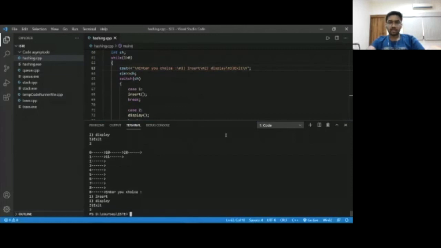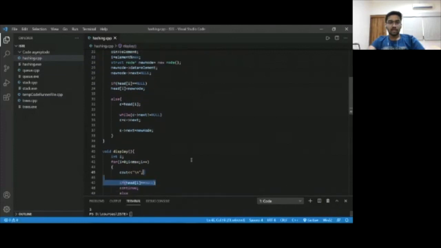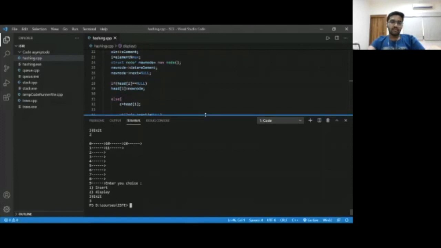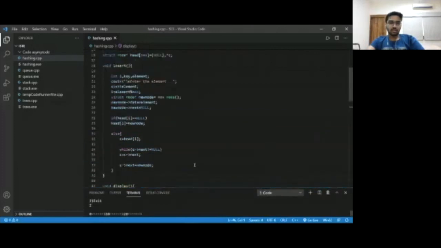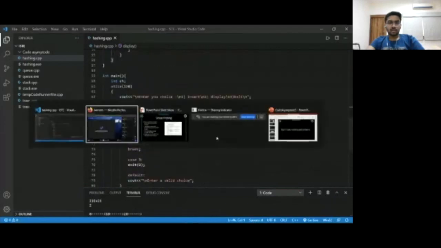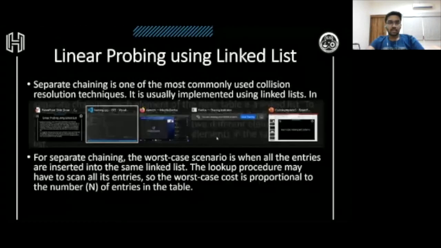Yeah, we have exited it successfully as well. So this is how hashing works, and this representation of hashing is just a printing. If you want to search any element, you will have to go through the same process that we used in insertion. So this is all about hashing. Yeah, so that's it about hashing.